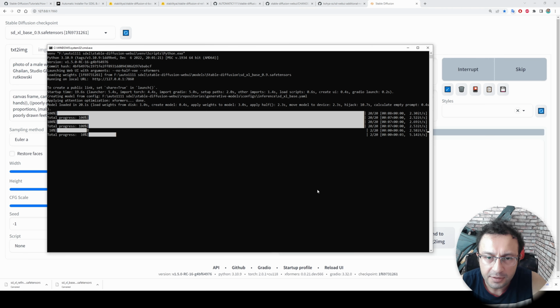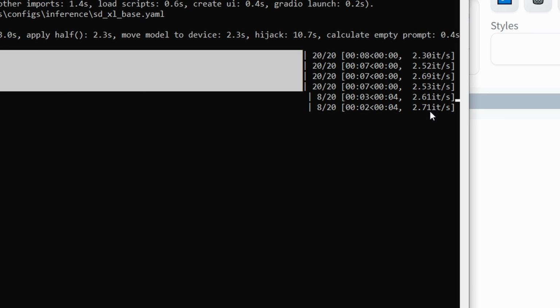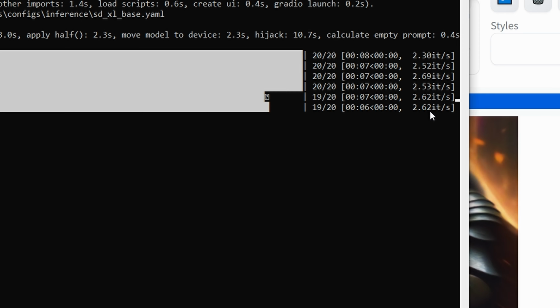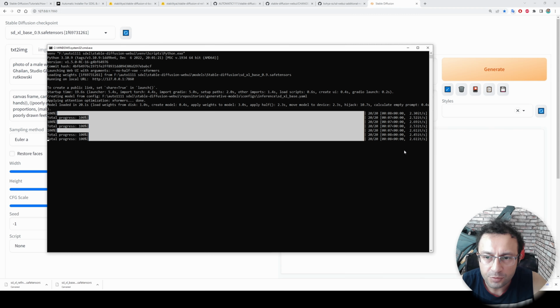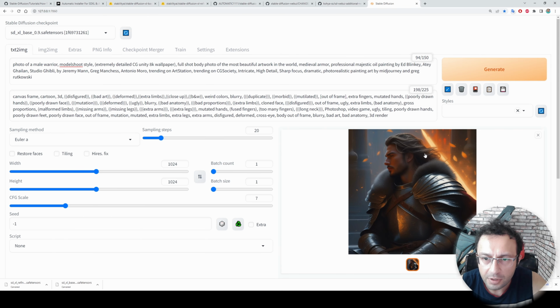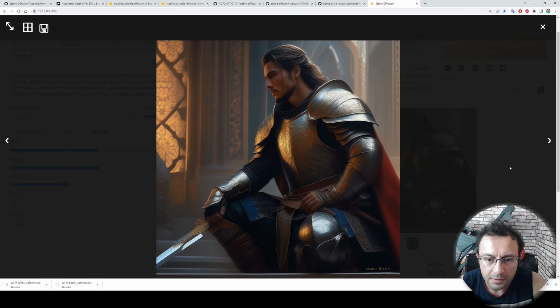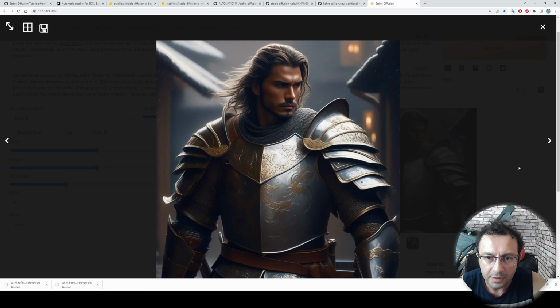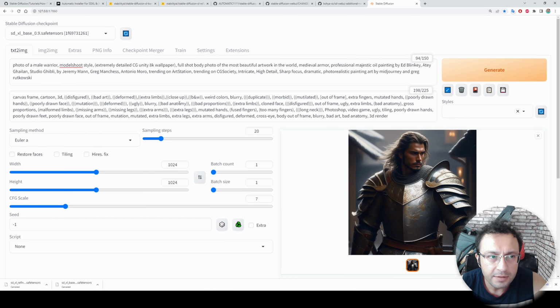Let's hit generate and let's look at the speed while I am recording a video. It is pretty decent. When I am not recording a video, it is up to 3.2 it/s. Okay, we got a picture. This is the first picture. Let's generate another one. And here another one. Okay, now we are getting a very good one. Okay, this one is amazing. Look at the details. And we are not even using the refiner of SDXL. Once it is implemented into Automatic1111 Web UI, I think it will be amazing.